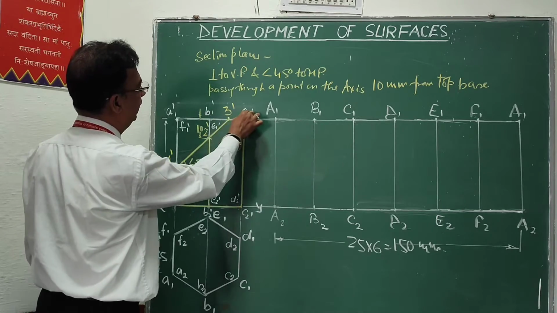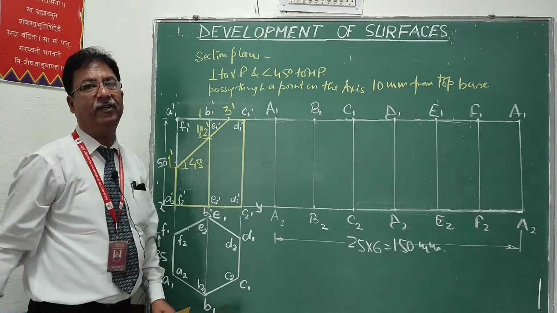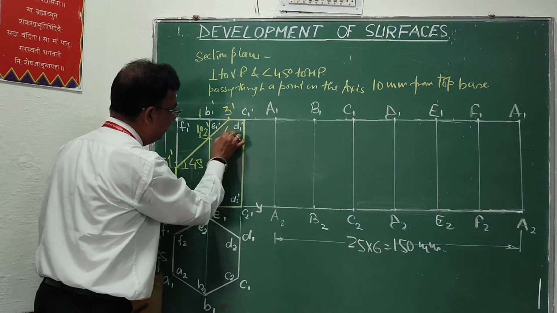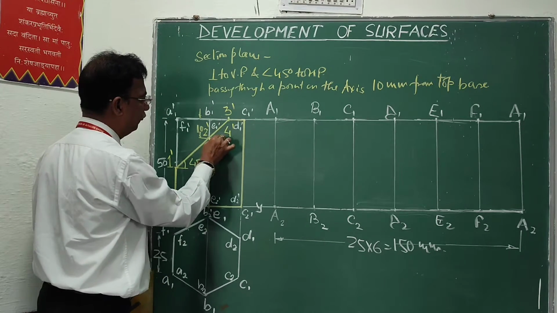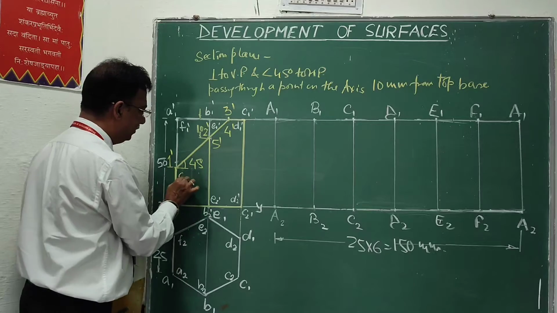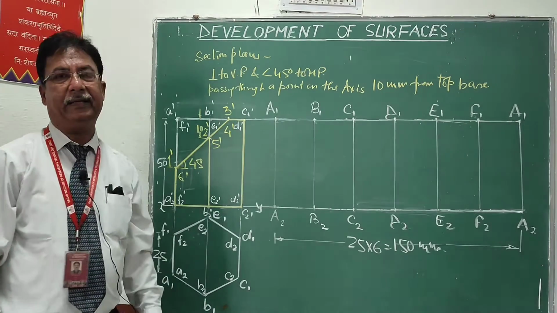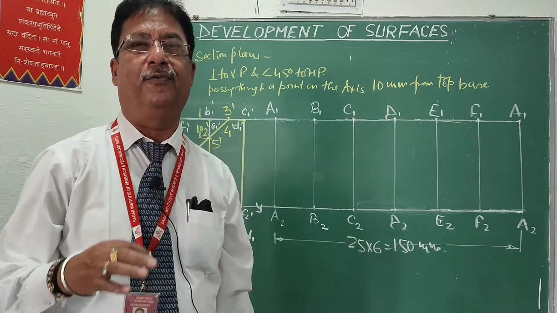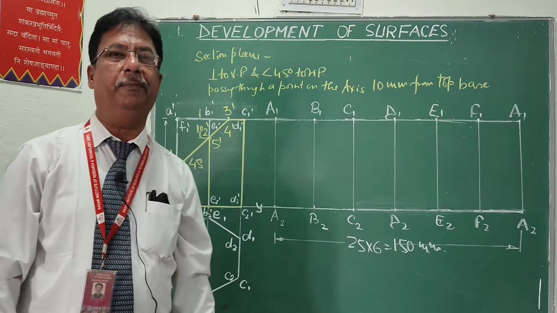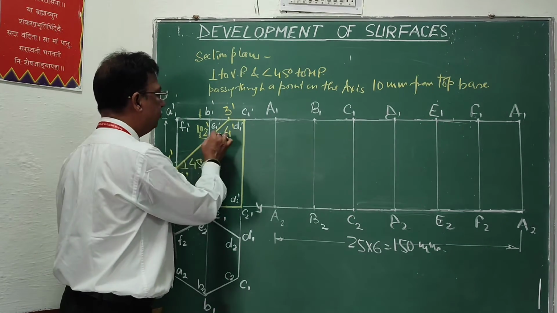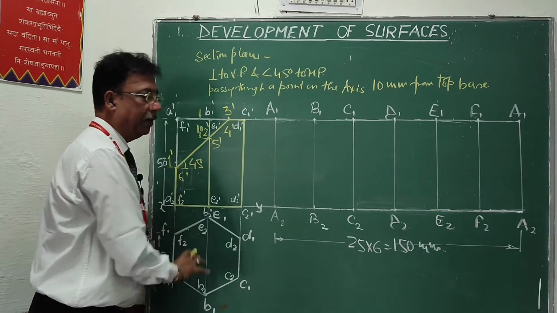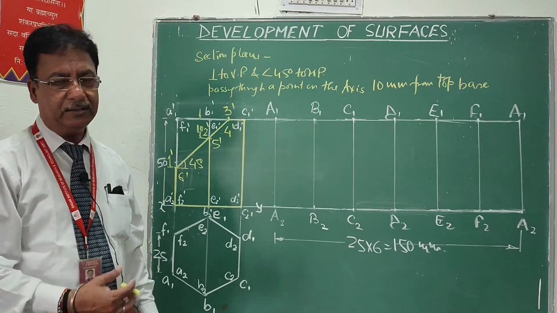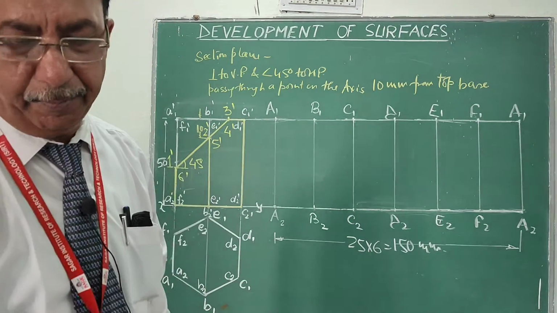One will be on B1 dash, C1 dash, second will be on D1 dash and E1 dash, so that is 0.4 dash. Then back on this E1, E2 line, that is 5 dash, and finally on this line 6 dash. So actually it is cutting on the 6 edges, 4 longer edges and 2 edges on the base. If I shift all these points in the development, I will get the development of this lower part of this solid. So just I am going to shift these points in the development.